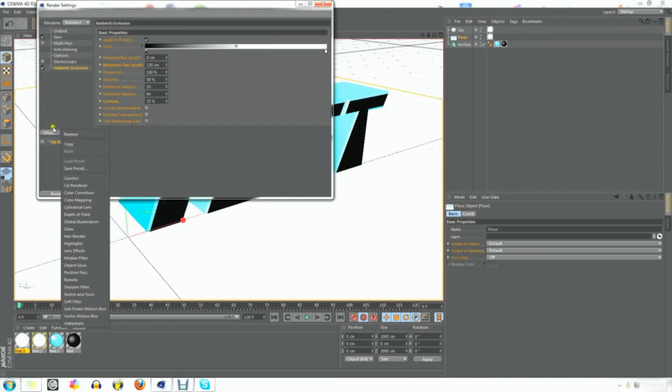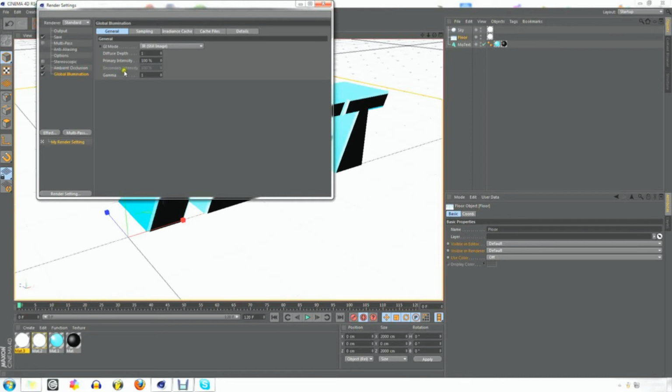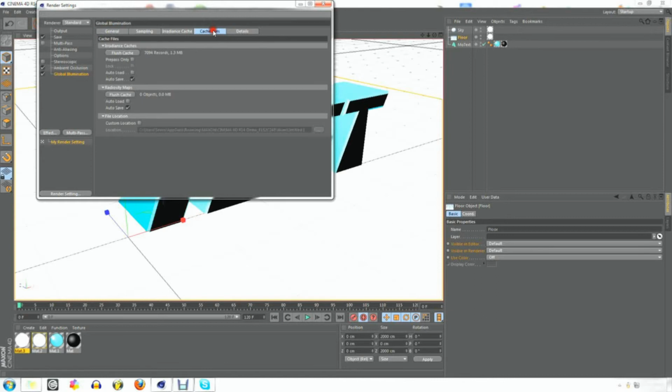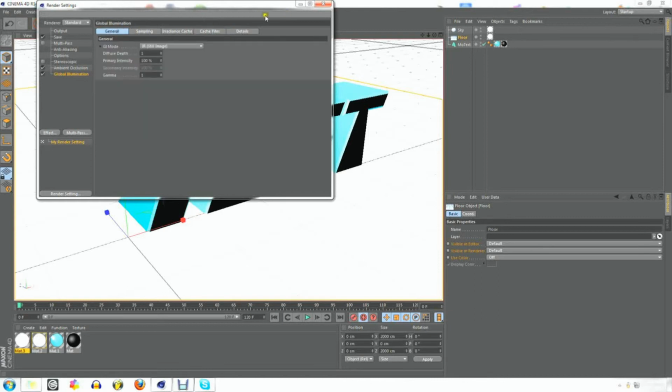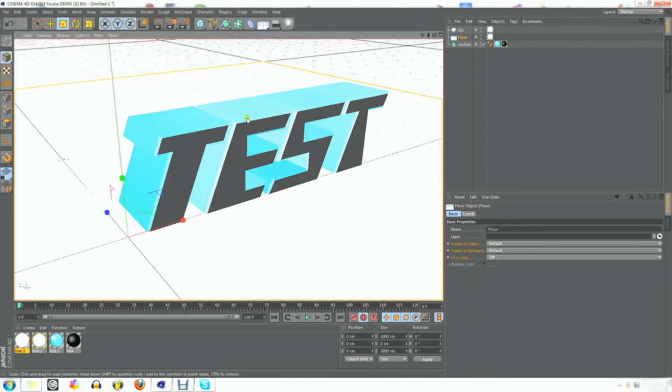But if I wanted some even more realistic shadows, but with a slower render time, I would go to global illumination. Okay, and don't worry about all this confusing stuff, just X out. Now this will make the render time 10 times slower, but it is definitely worth it. So, but before I do that,